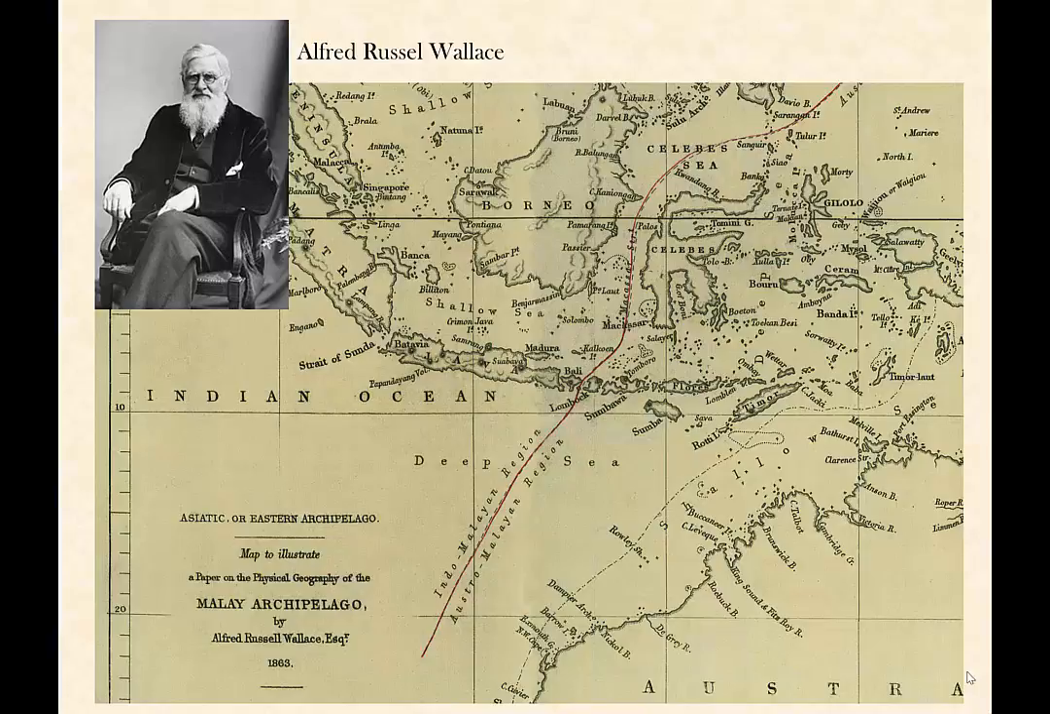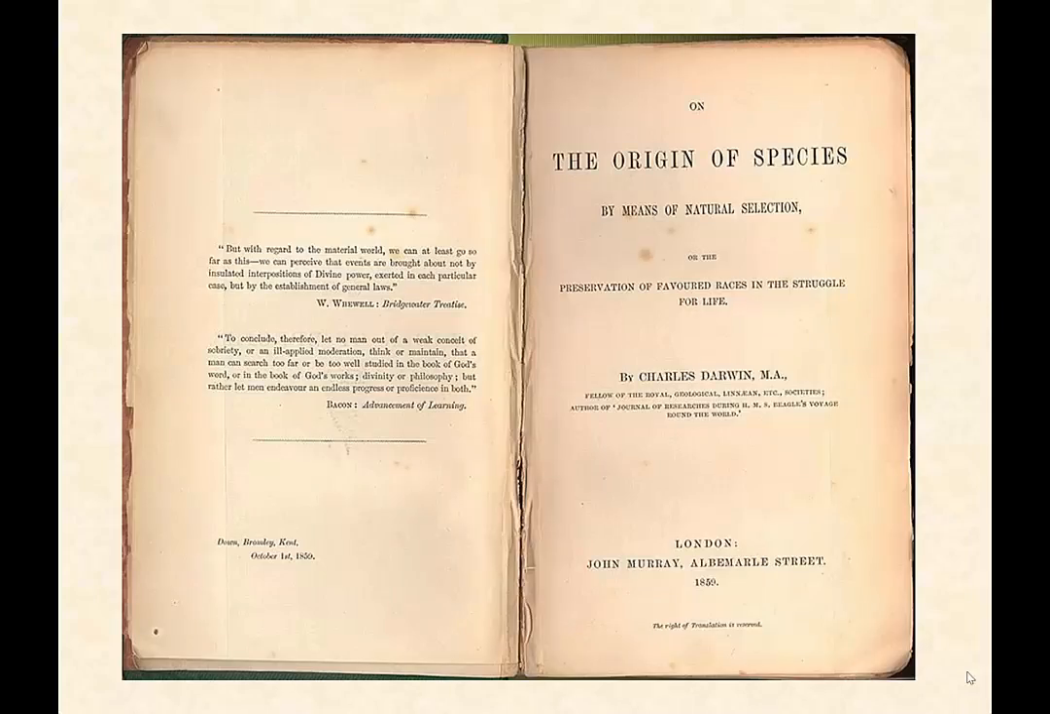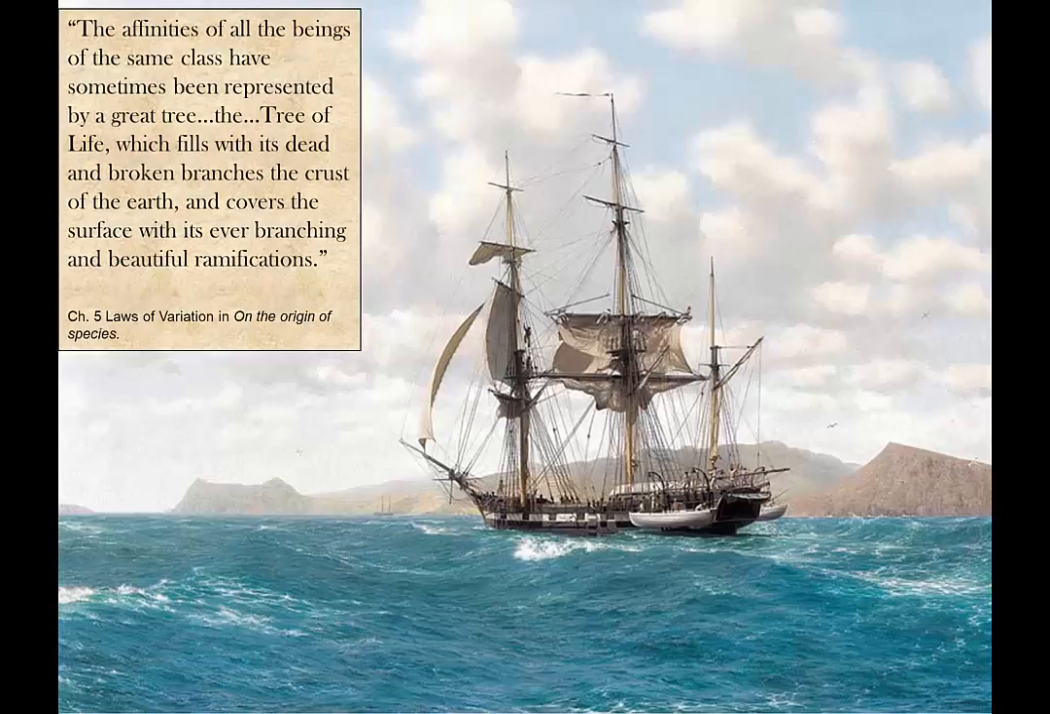Wallace and Darwin were the co-authors of the first paper on evolution published at the Royal Society. And I think you can see from this map, maybe not from the previous one, that geography was an integral part of the development of the theory of evolution. But of course, Darwin's name is most associated with the theory, published The Origin of Species in 1859. And in chapter 5,